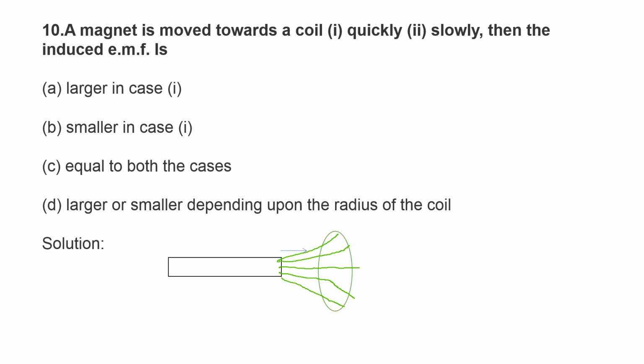When it is moved quickly, the change in magnetic flux becomes more. When it is moved slowly, the change in magnetic flux becomes less. So when there is a change in magnetic flux in this coil, EMF is induced in the coil. So the answer is